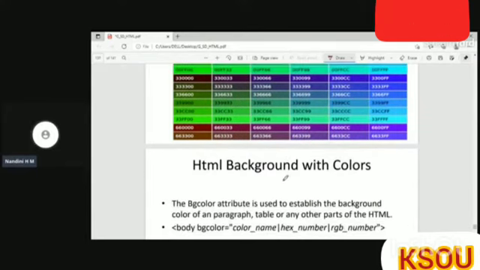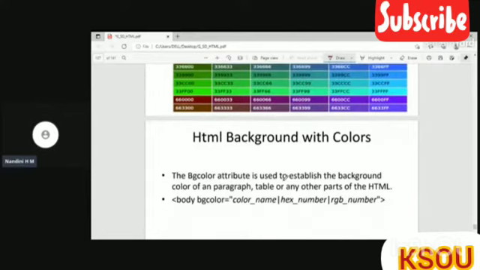Next is HTML background with the colors. So we have seen how to set the background color for a table, right? We can give a background color for the entire document.